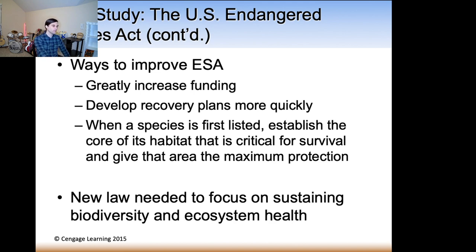So how do we help this? How do we improve the Endangered Species Act in the United States? It's basically obvious. Way more money. Help these organisms develop plans to recover. Get species listed that were once threatened, get them on the list for endangered. Get research rolling, get breeding programs established, get their environments protected, all kinds of stuff that we can do to